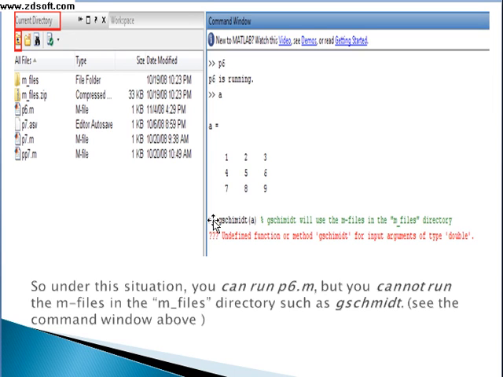Under this condition you can run p6.m, but you cannot run the M files in the M file directory such as this one, js. In the command window, in the last second line, the gschmidt file, here you will get an error because you have not saved it correctly.